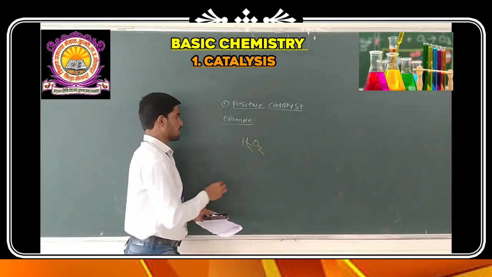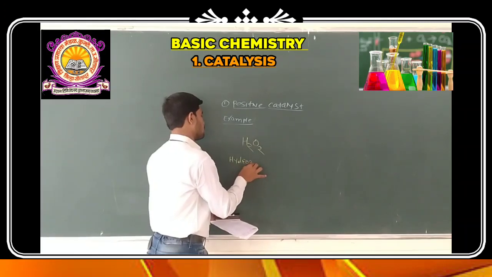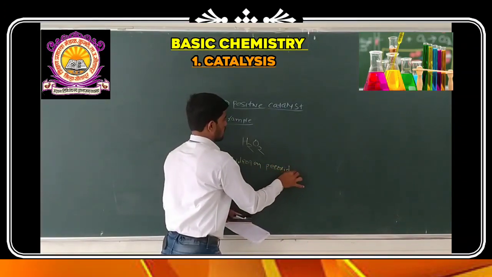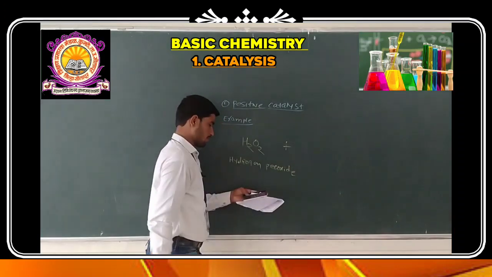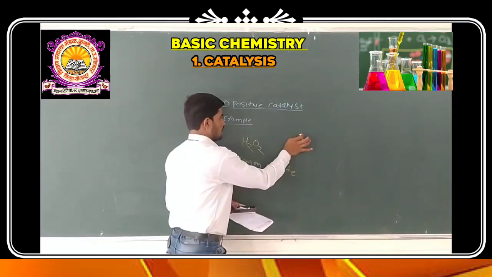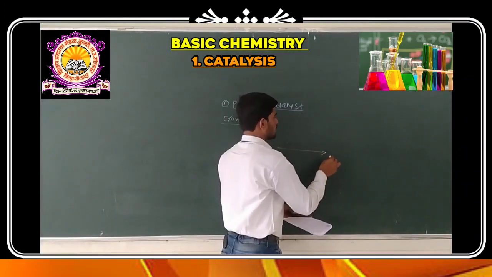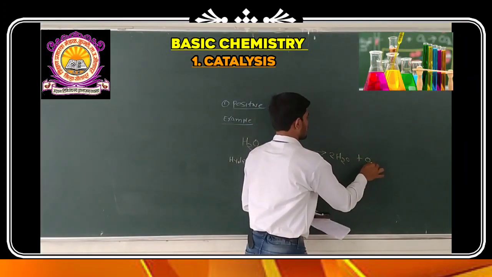H2O2 is hydrogen peroxide, and this hydrogen peroxide gives the products 2H2O plus O2,